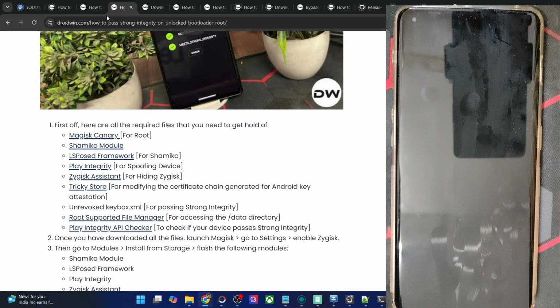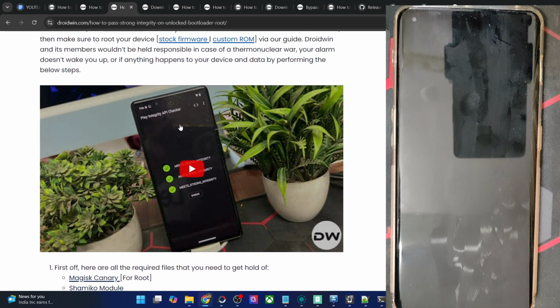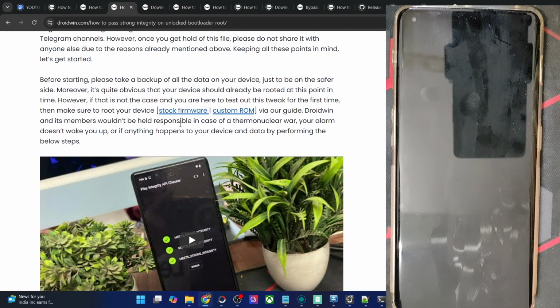If your phone came with Android 12 or older version, use the boot img file. If it came with Android 13 or higher, you have to use the init-boot img file. I've given the steps in the stock firmware section. In the custom ROM, you could do the side loading of the Magisk zip file and get the job done.